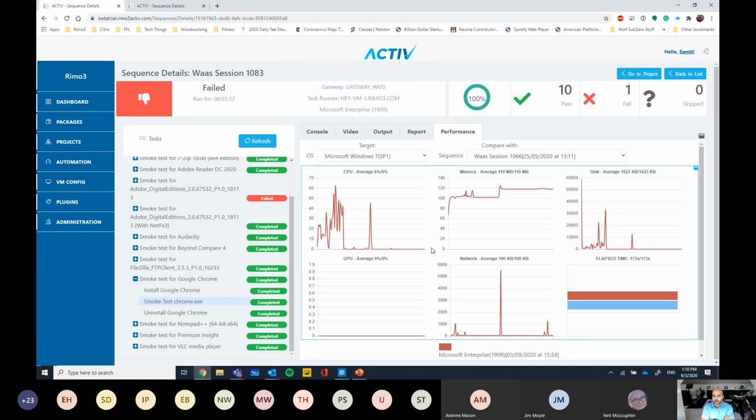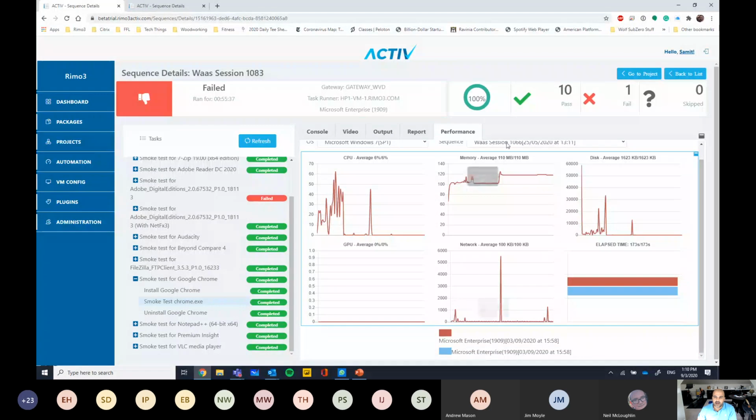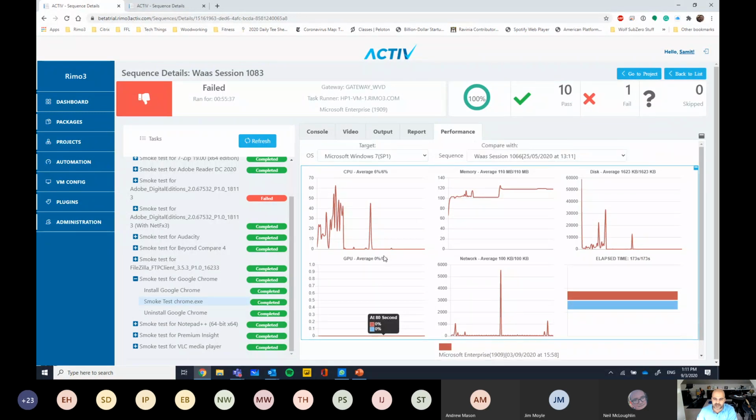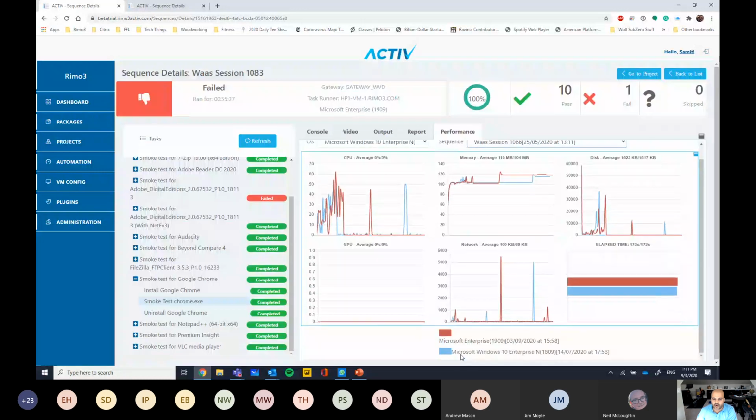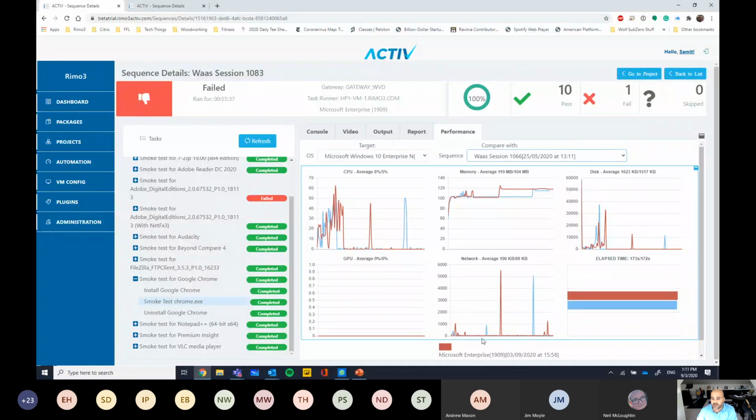So if I look at my 1909 versus something like my 1809, you can do comparisons against different runs to see whether or not your application is going to work in a more efficient way or in a less efficient way, and start making determinations around what's the best way to actually deploy the application, right? So if I go into 1809, I can start doing some unique comparisons where I look at Google Chrome. The blue line is 1809, the red line is 1909, and for all intents and purposes, the performance is about